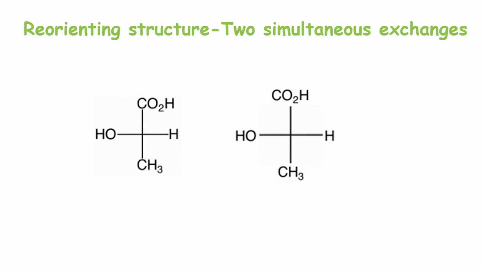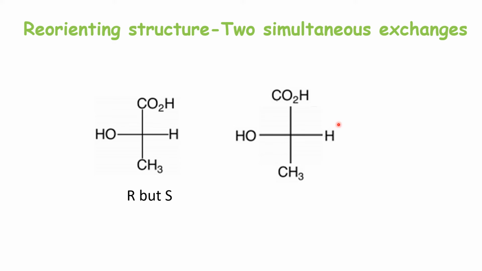Now we have seen that if the last priority group is on the horizontal line, we can reverse the configuration. You have another option. If this is the structure and I'm getting my answer going from oxygen to carboxylic and then methyl, it is clockwise, so it is R, but since this is on the horizontal line, I have reversed it to S. I have another option rather than writing the configuration is R, but because this hydrogen is on the horizontal line, the final answer is S. So rather than confusing with the final answer, we have another option.